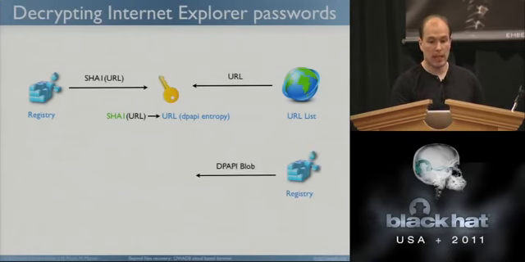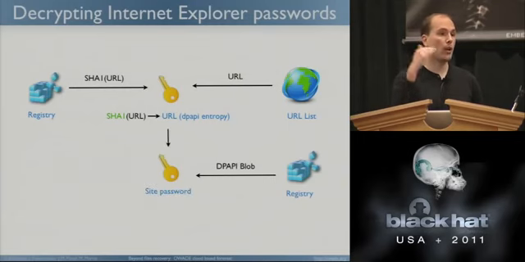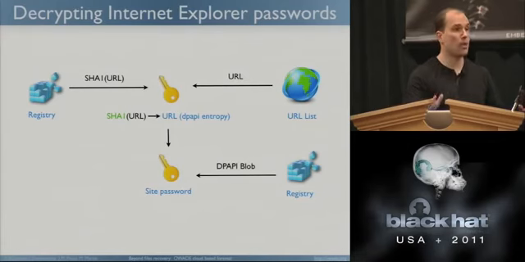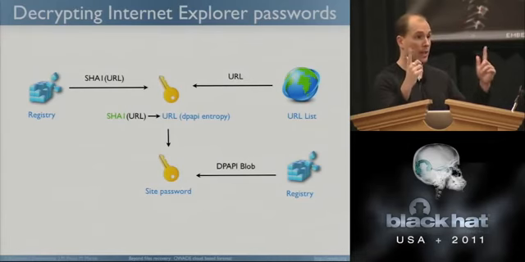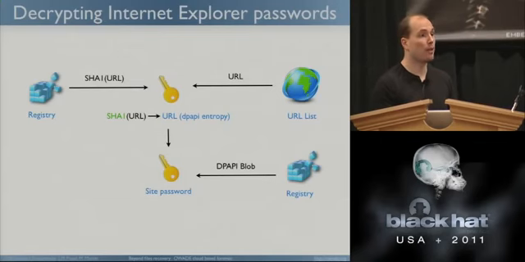Which means that when you get the blob, you actually have to know which URL you want to decrypt. So if the user cleans his history and never stores the URL he has used anywhere, we have absolutely no way to recover his login and password. It doesn't matter if we have the DPAPI key, we just don't know how to compute the extra salt. And I think that's a very clever idea to tie the decryption of the login and password to the URL and not store the URL itself in clear.